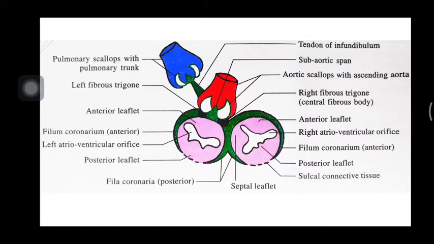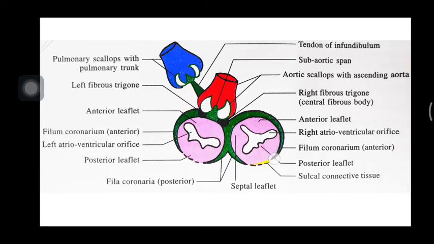Before moving further, let's get oriented with what are the structures shown in this diagram. So this is the mitral annulus, tricuspid annulus, aortic annulus, pulmonary annulus. This is the anterior fila coronaria of the mitral annulus. This is the posterior fila coronaria of the mitral annulus. Similarly, this is the anterior fila coronaria and posterior fila coronaria of the tricuspid annulus. What is shown in this dotted line will be the weak sulcal connective tissue connecting between the two ends of